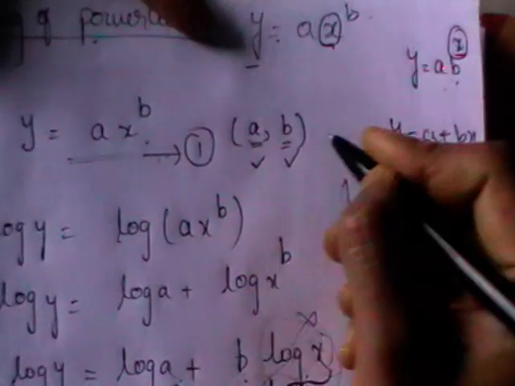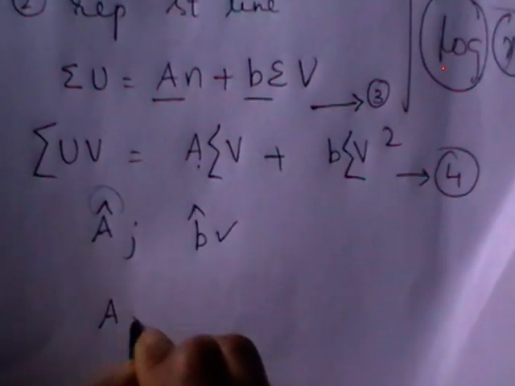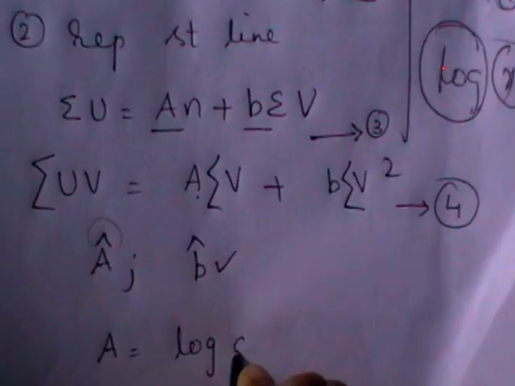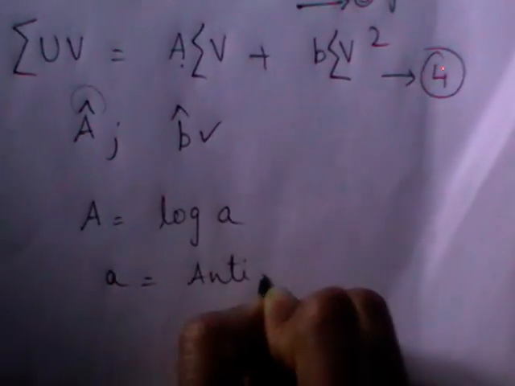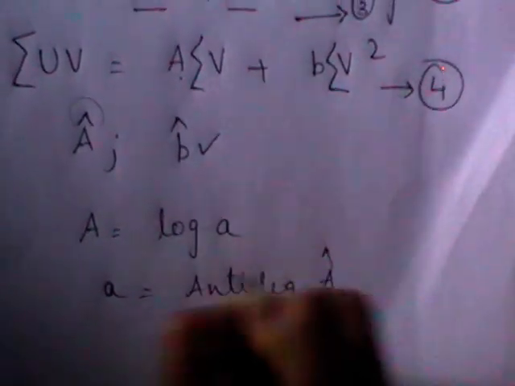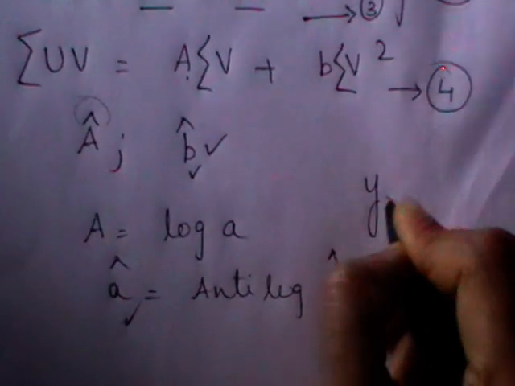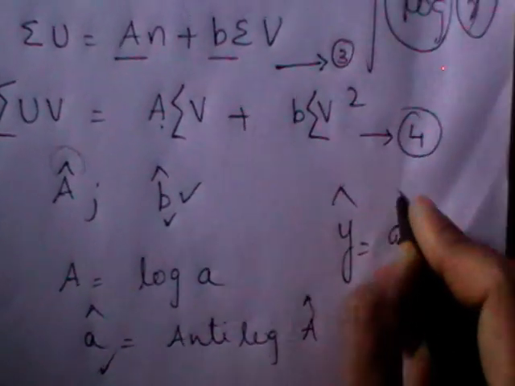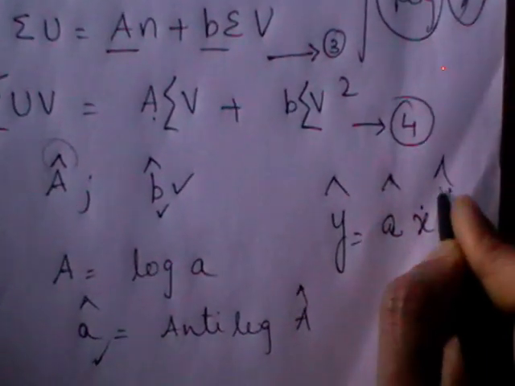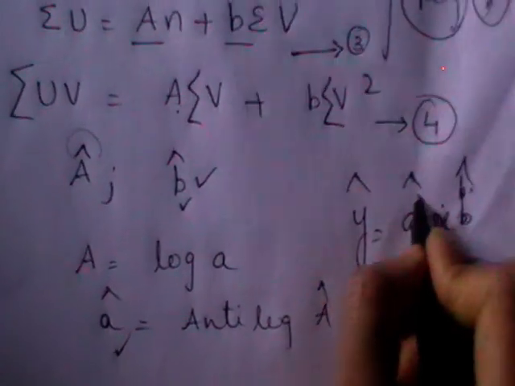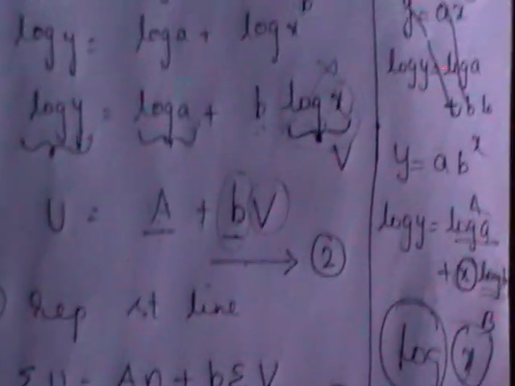Actually we need a, b, so you have already calculated b hat. So capital A is nothing but log a. So what will a be? It will be the antilog of A hat. So here you have calculated b hat, here you have A hat. What will be the fitted curve? We call that the best fit. In all of your notes you are writing the same. Best fit is nothing but the curve with the substituted values a hat, b hat. This is the fitting of the power curve.